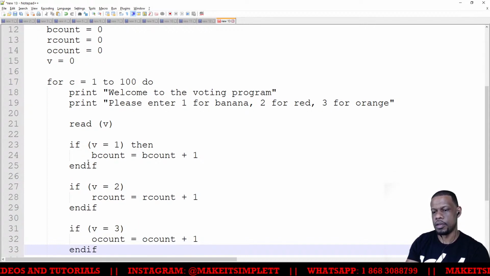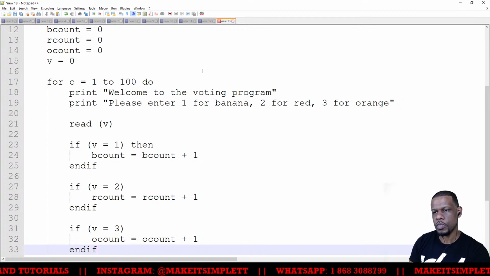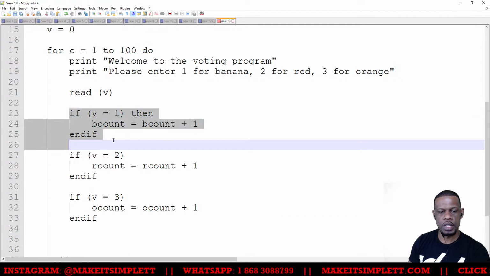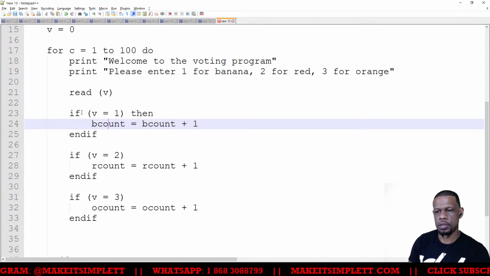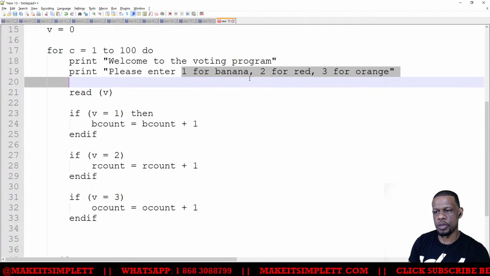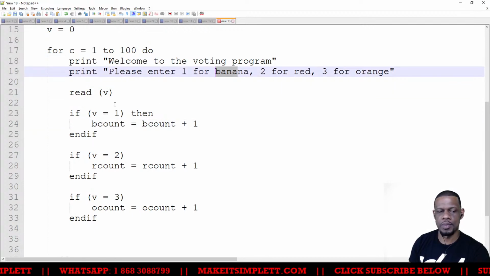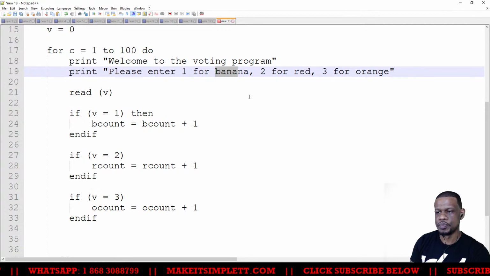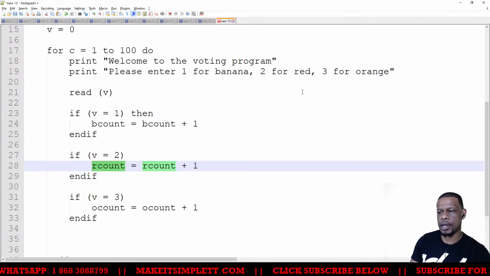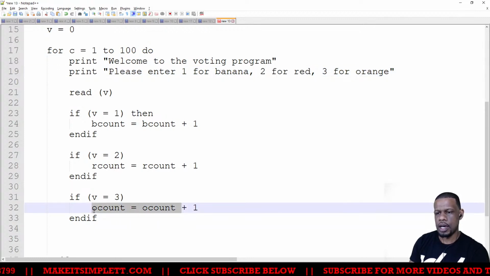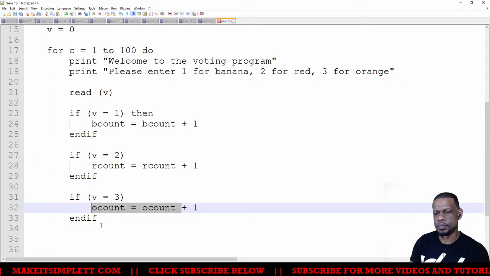End if. And that is going to solve the problem of carrying up the counts, each count one at a time. So if the vote is 1, I told them 1 for banana, so I'm carrying up B count because 1 is represented by banana. If it's 2, I'm carrying up R count because R count is symbolized by red. And O count is orange count.